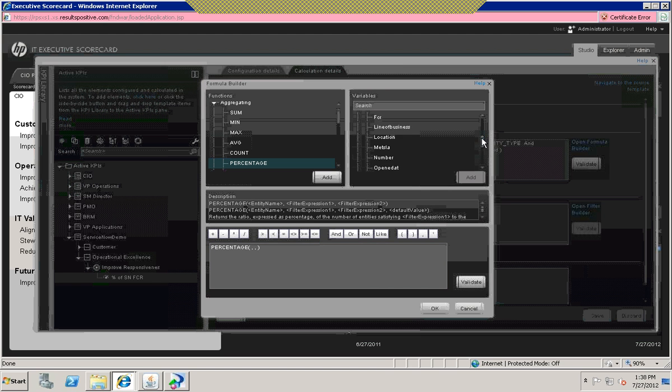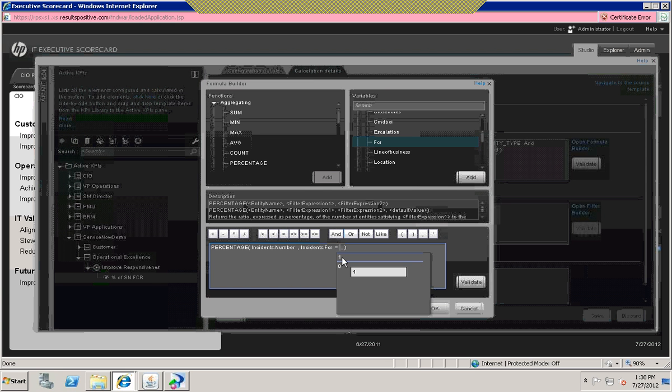And we're going to use the number again, the ticket number, the percentage of tickets. And what we're looking for is, I'm going to move just to the left of the first comma, which is where we're going to be putting in our filter. And down here, there's something called first close resolution, it's all alphabetical. Here it is, first close resolution,